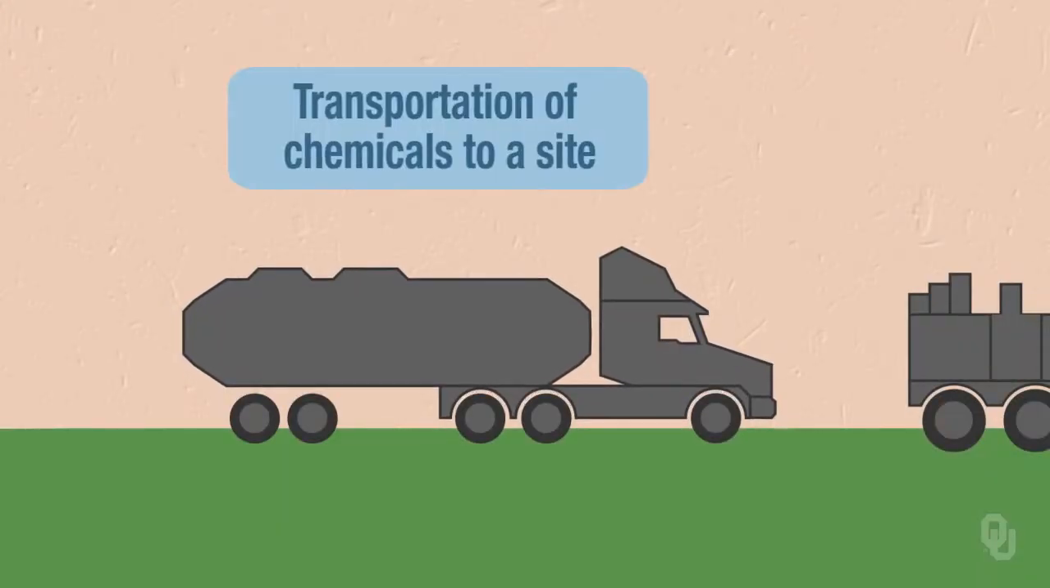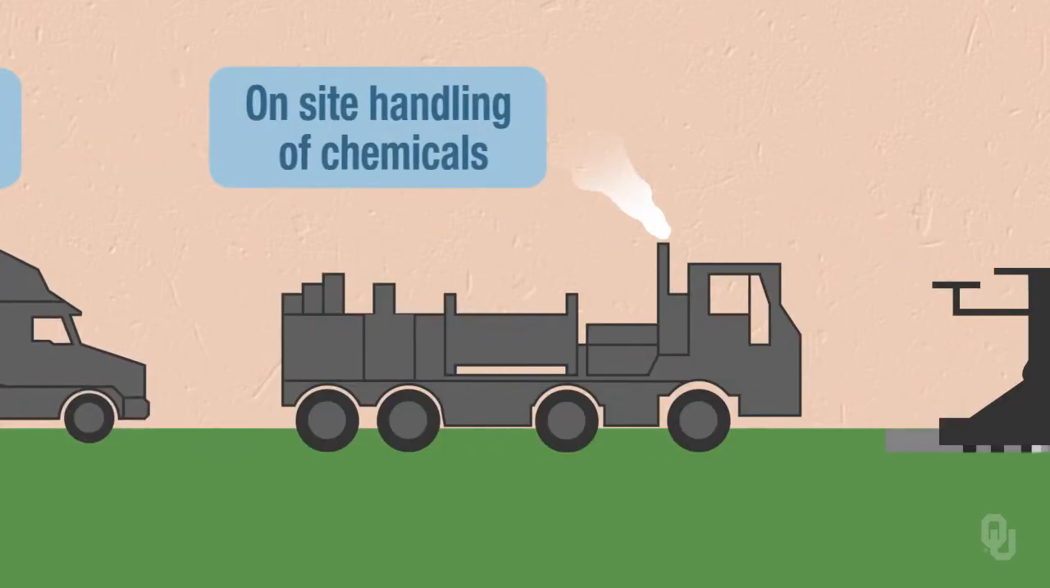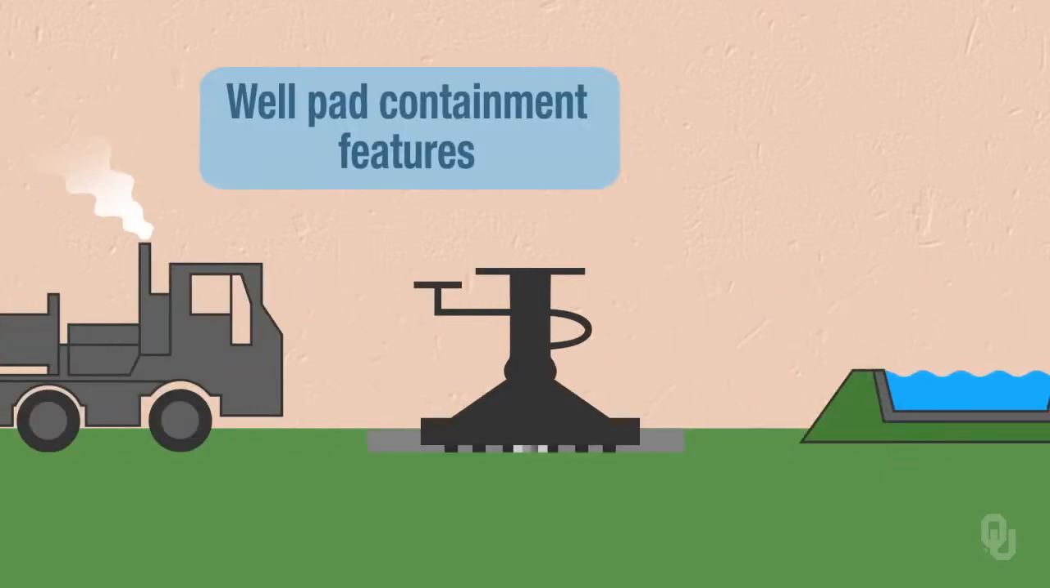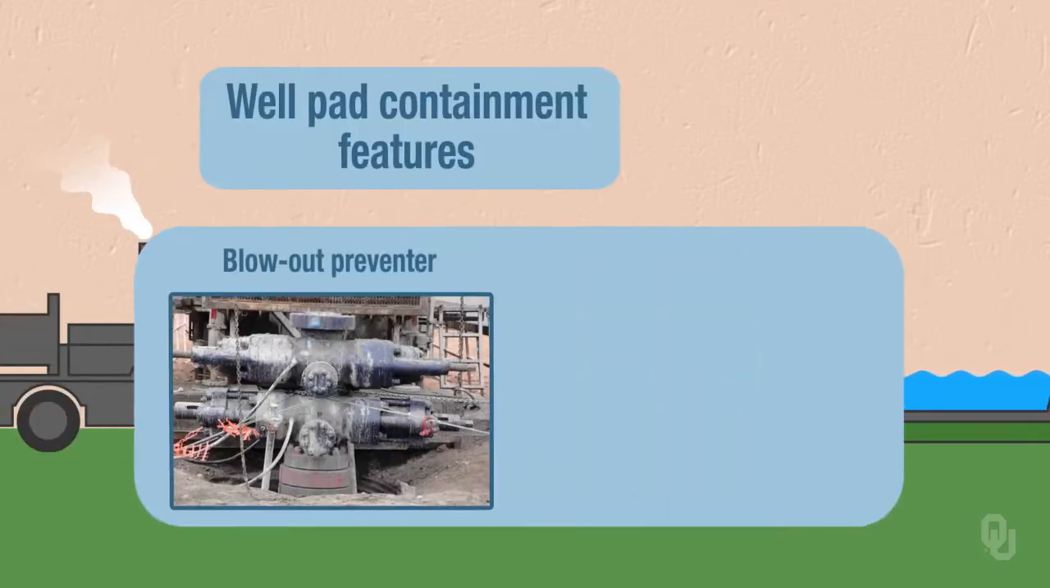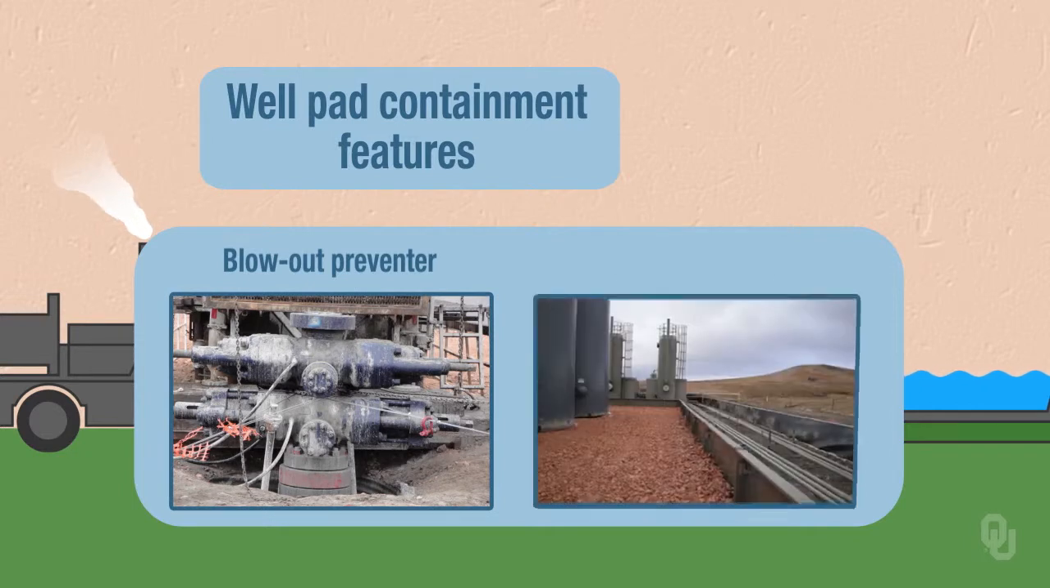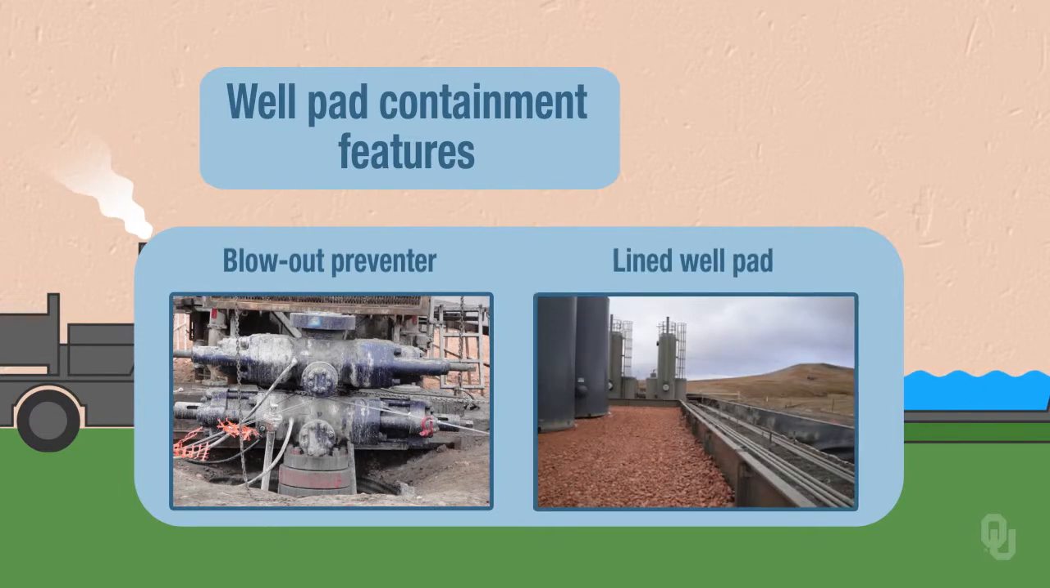This next segment is hydraulic fracturing and water resource protection. The next graphic attempts to identify key aspects of oil and gas operations surrounding hydraulic fracturing and where water resources need protection, including during transportation of chemicals to a site, on-site handling of chemicals during mixing and injection into the subsurface, well pad containment features such as blowout preventers on the wellhead, lined well pads, berms, or fences,